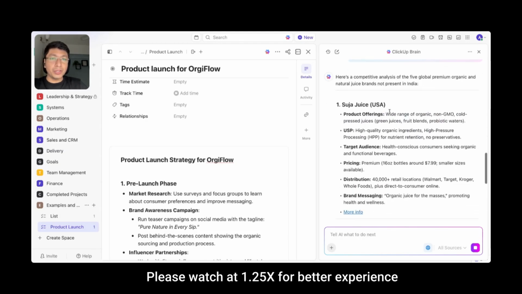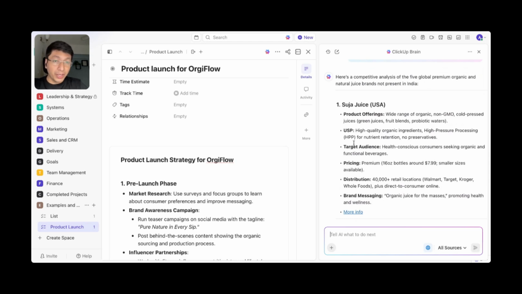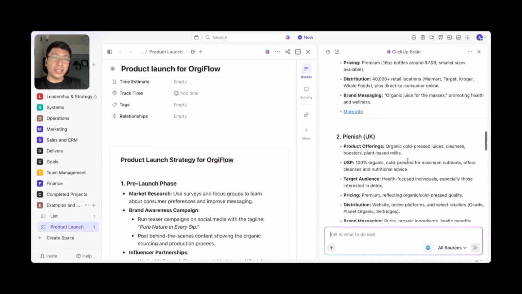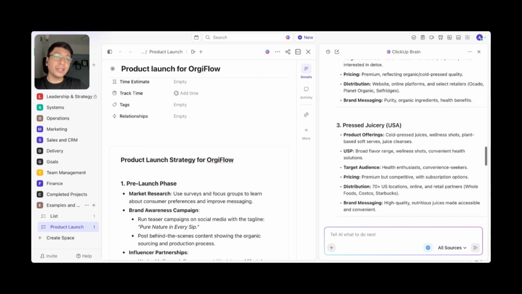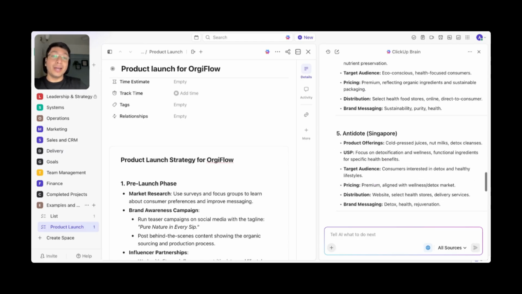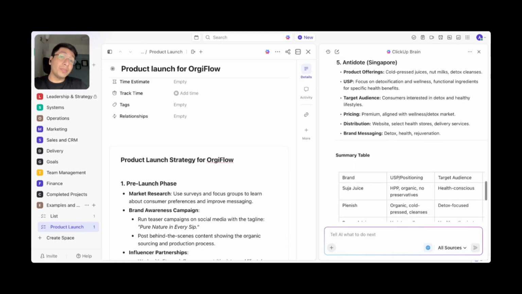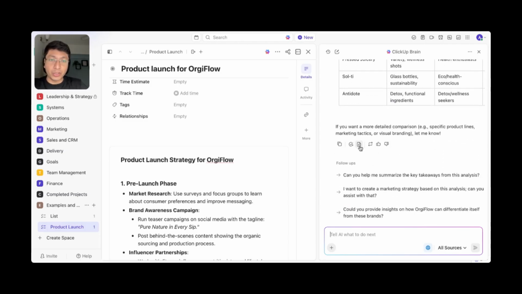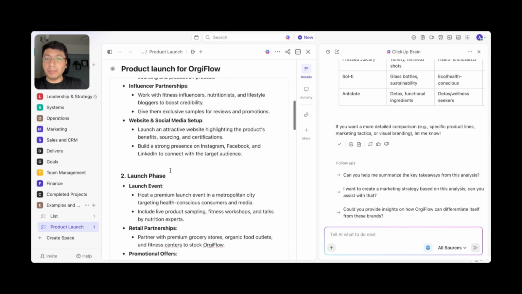Okay, so here is the competitive analysis. It has given product offerings, USP, target audience, pricing, distribution. You can see there are a lot of things it is giving as a competitive analysis, and it can really be useful because the team would now know what all brands are like our brand, and we can obviously do more research on a particular product. Because this is highly beneficial, we would like to copy this, or maybe create a doc from here itself,